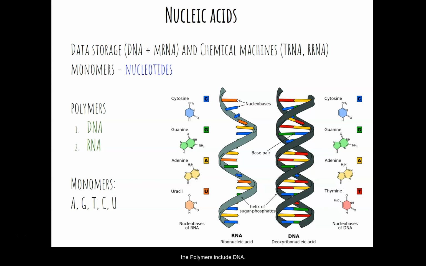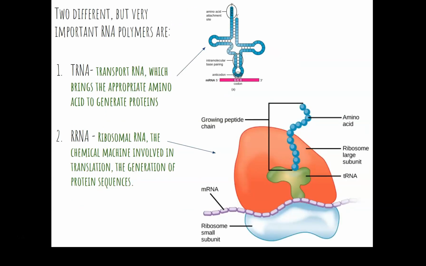The polymers can be called DNA or RNA. We'll get into more detail later when we go over the structure of RNA and DNA and how it's used in the body. I just want to show you a little bit more of a detail, 2 of the important chemical machines. Transfer RNA brings amino acids into the right place to generate proteins when you're making proteins and reading the signal from messenger RNA. And ribosomal RNA is a chemical machine that's involved in a process called translation, which is the generation